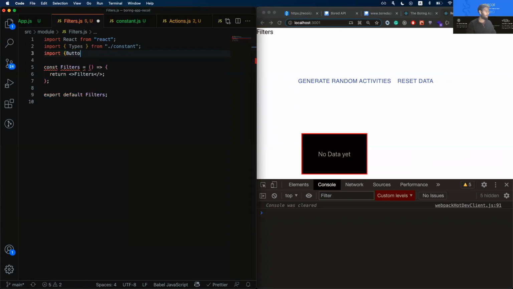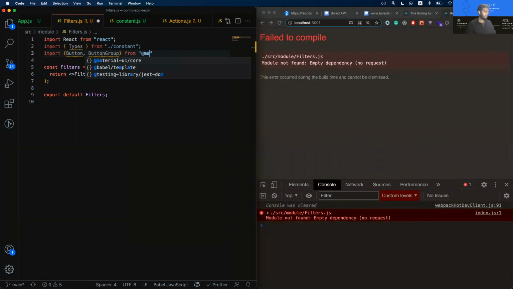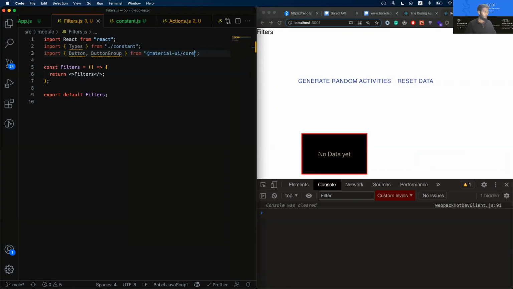So we can use button and button group. Okay, I think the spelling of button group is correct too. So let me just go ahead and do this,